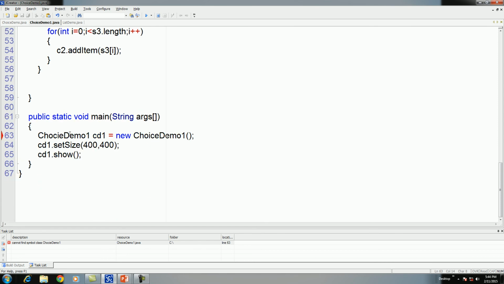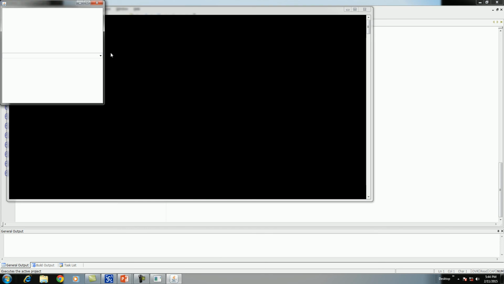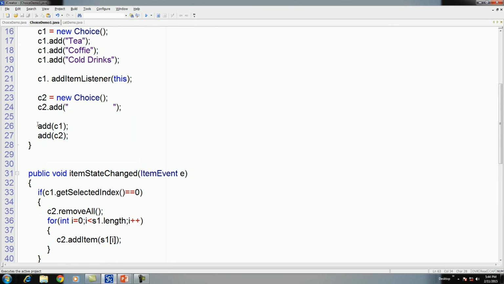Oh, spelling mistake. Okay. Oh, but we have to add this combo box to a panel first and then add the panel.